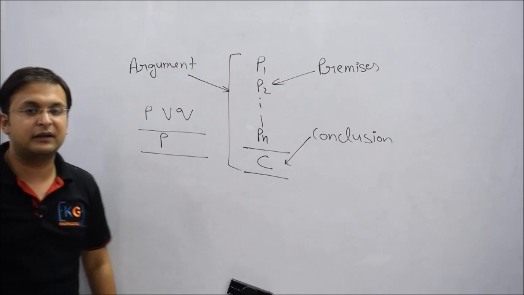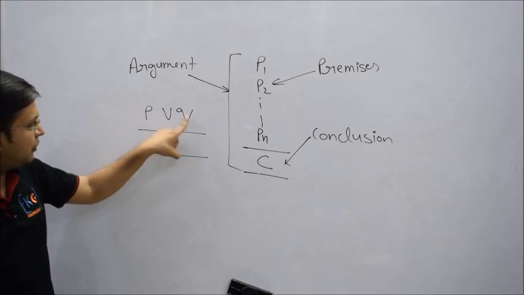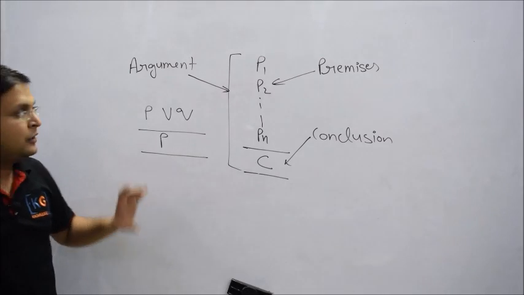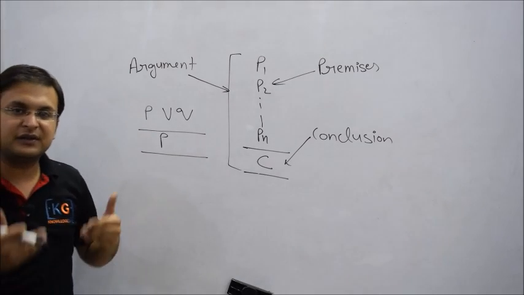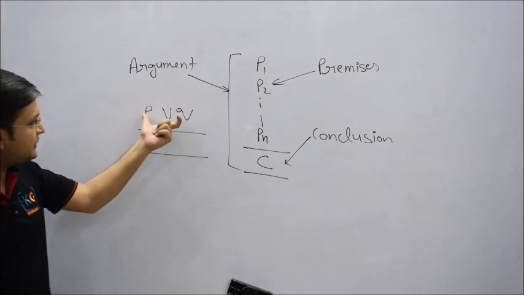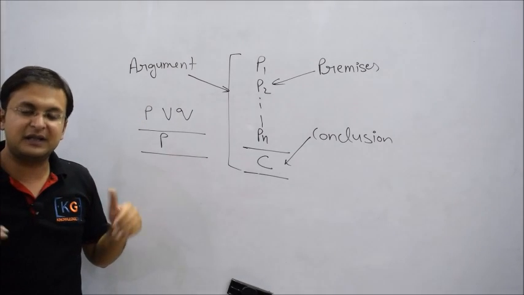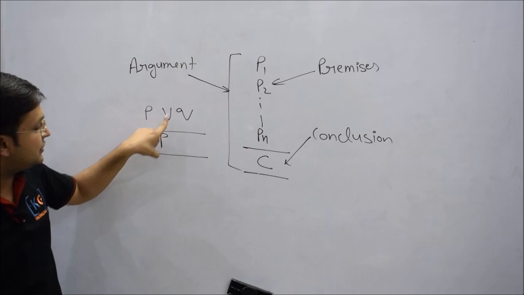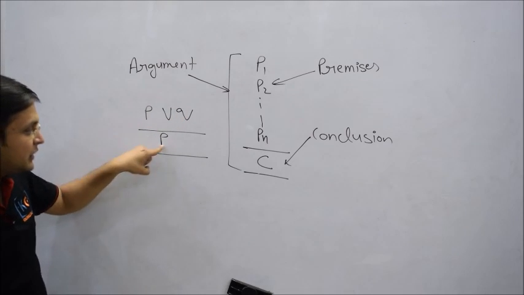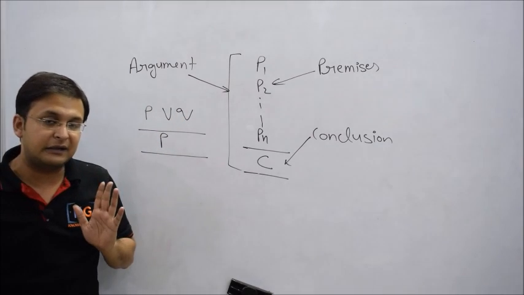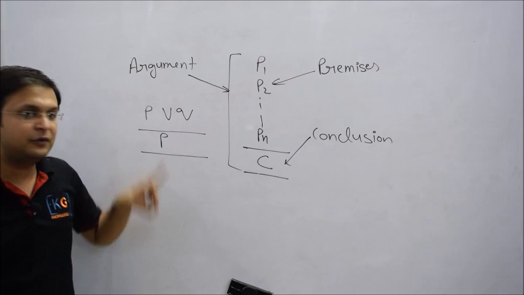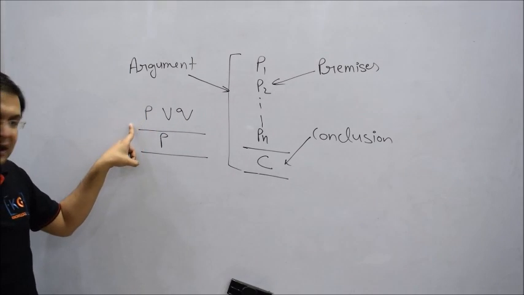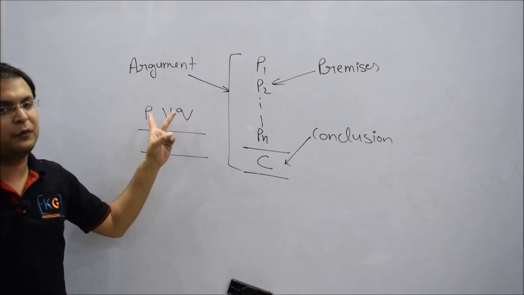Now you try to understand. I don't know whether P or Q is true or not, but whatever premise is given, we consider it in true format. This statement is for sure true; that is our assumption. So the question is, if P disjunction Q is true, can I conclude that P is also true? P disjunction Q true has three cases possible: either only P is true, or Q is true, or both of them are true.